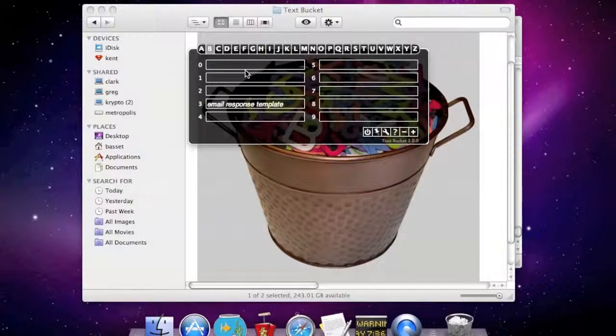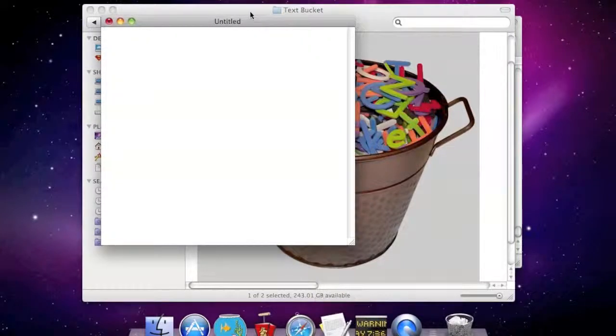It seems a little arbitrary at first, but the reason is it's fast access. We want to be able to get at our stuff as quick as we can and get back to work. So, for example, I'm on tab B, which you can get to very quickly just by typing the letter. So I'll hit B to get to tab B, and here we've got something called an email response template. So I'm going to bring up TextEdit here, which everybody has on their Mac,